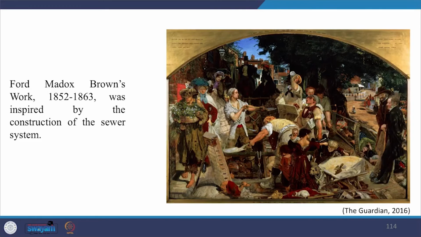You may again reflect on the need for trained human resources and use of technology for the tasks we discussed in our previous lecture. In this image, you can see the intensive work undergoing for the construction of the sewer system along the River Thames. You may also see documentaries on the Great Stink given in the suggested list to see the condition and technology intervention incorporated to manage the cities at this time.